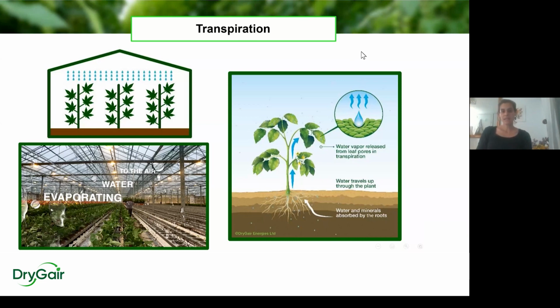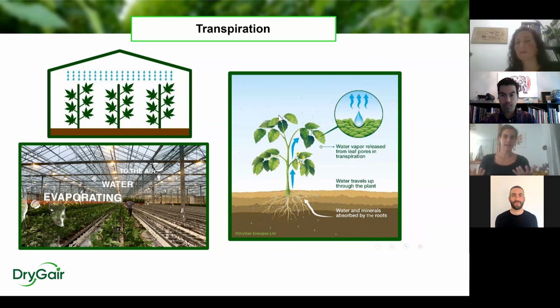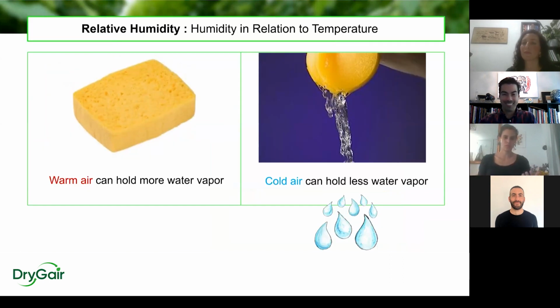Now, it's important to understand the concept of relative humidity. Relative humidity takes a look at that moisture that's in the air, and it looks at it in relation to the temperature of the greenhouse or the indoor room itself. So what we can see is that air acts like a sponge, essentially. When we have warmer air, it has a higher capacity for holding moisture in the form of a gas. But once the temperature in the room is colder, it actually loses some of that ability,